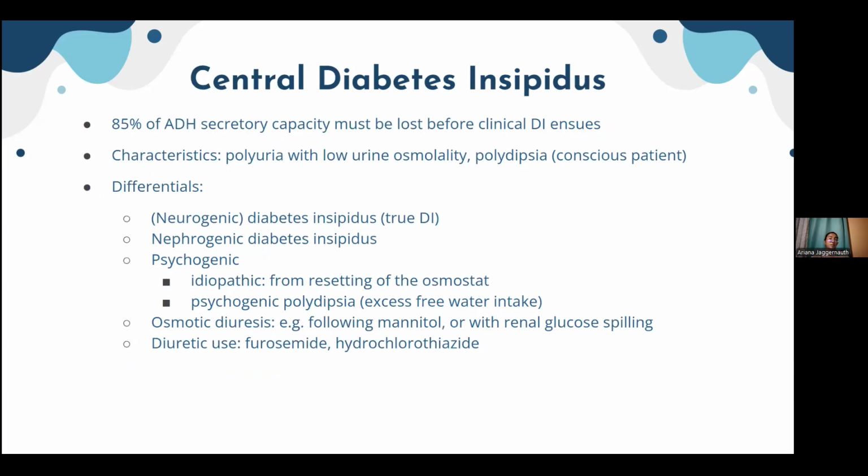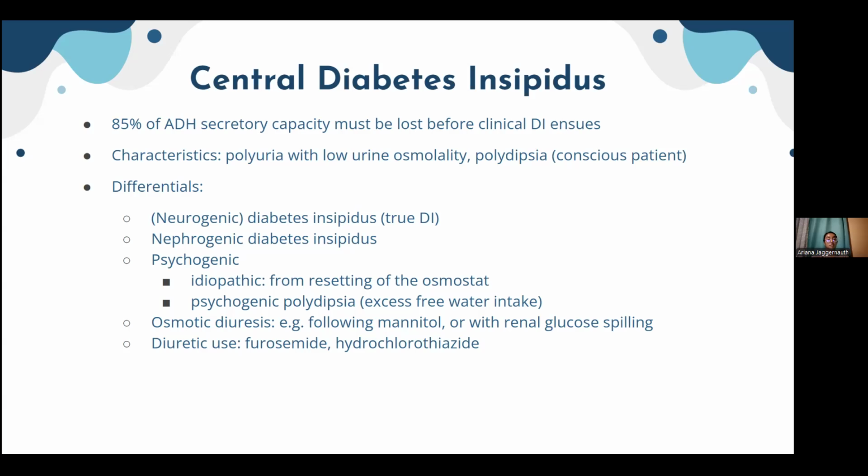So, in central diabetes insipidus, 85% of ADH secretory capacity must be lost before clinical diabetes insipidus ensues. Some characteristics include polyuria with low urine osmolality and polydipsia in a conscious patient. Some differentials for central diabetes insipidus include neurogenic DI, which is considered to be a true DI,